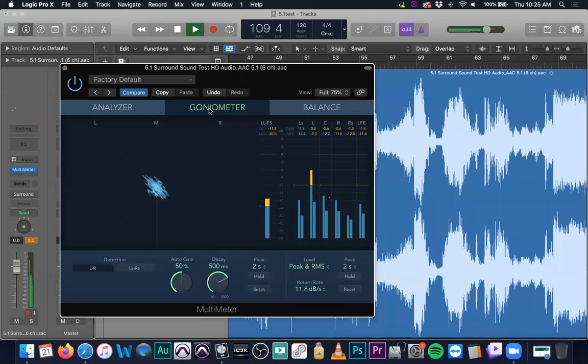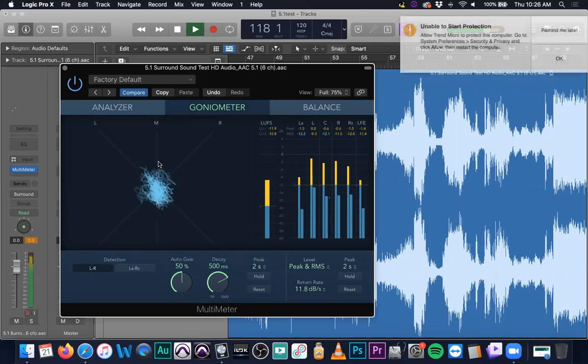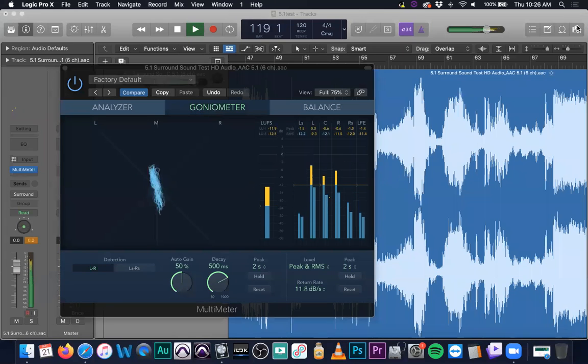Remember the goniometer? Remember this guy? Or maybe you don't, because this is one of the things that when we were doing mastering last week and the week before, when we talked about in Logic, this is kind of your stereo spread. So you know that any sound that's traveling along the center line is very mono, very narrow, centered right there, like between your eyes. Anything else that's traveling outside of that, whether it be on the right signal or the left signal vectors,